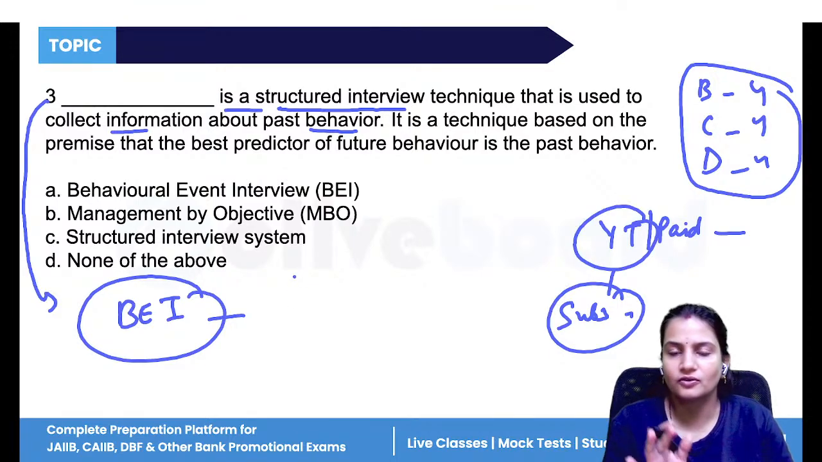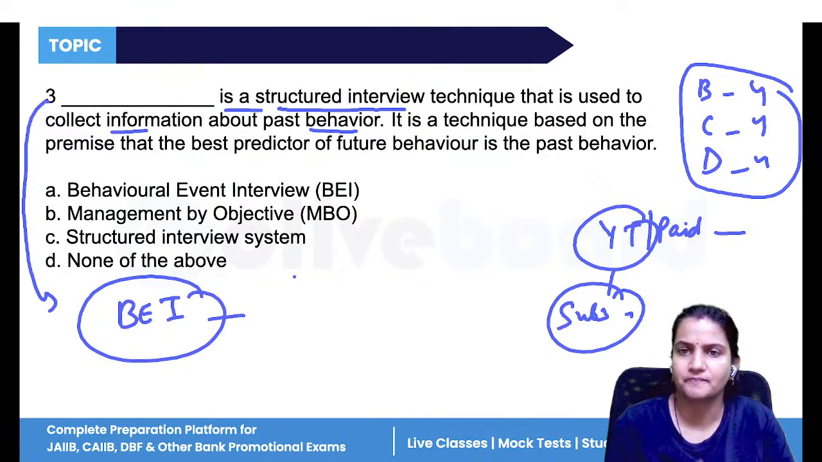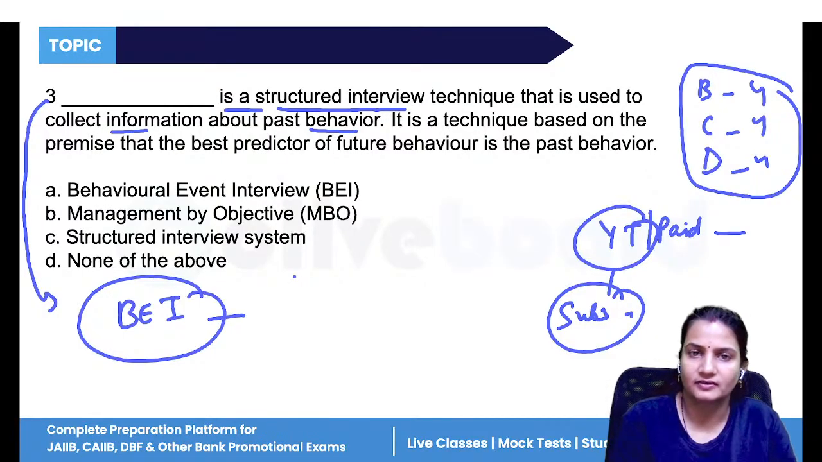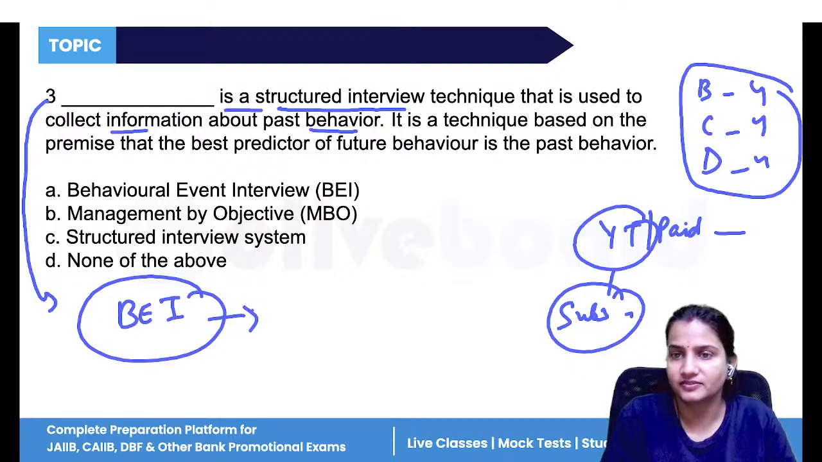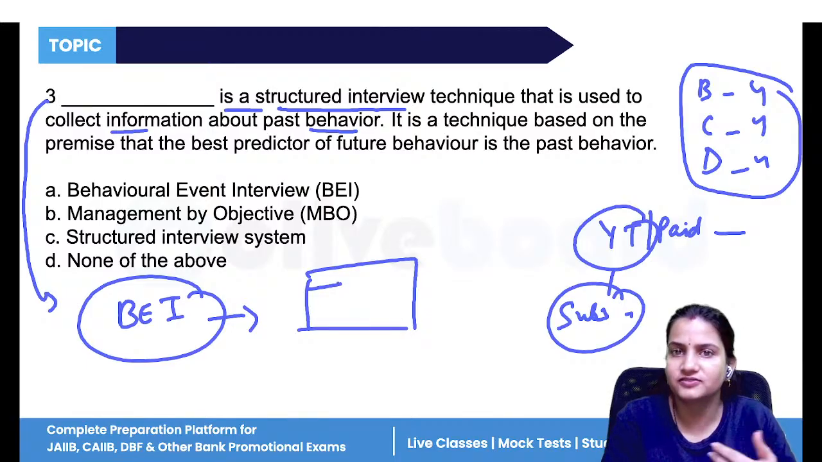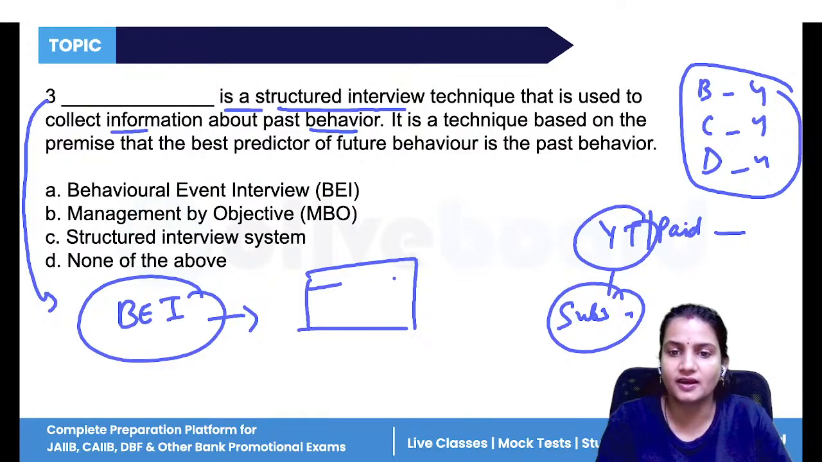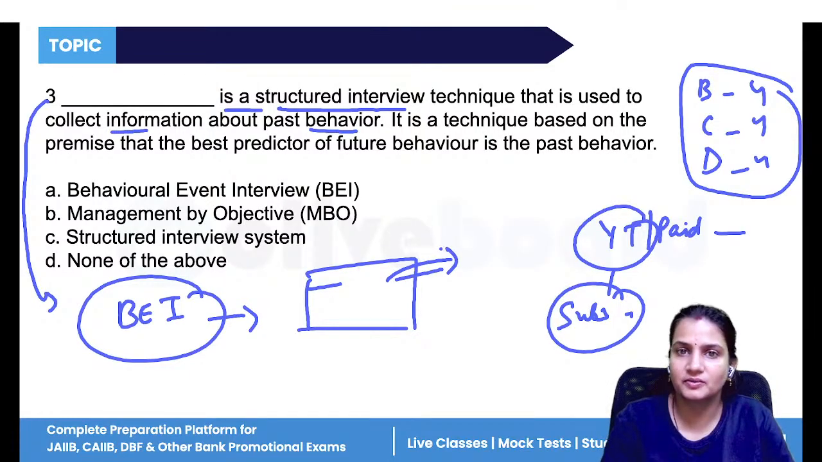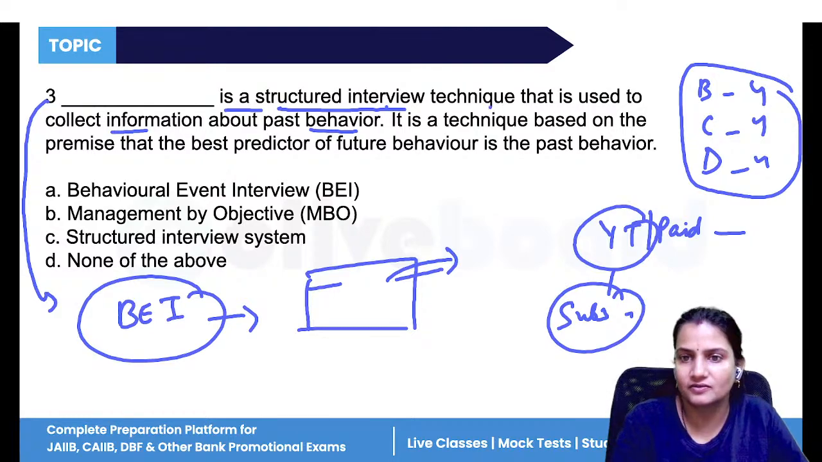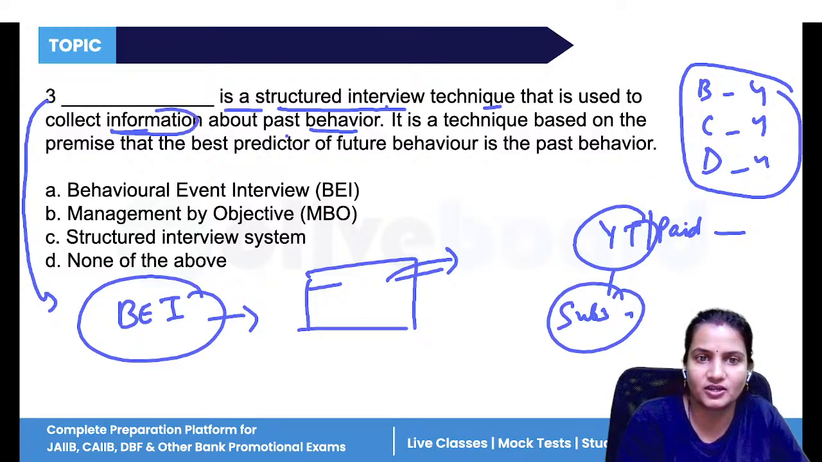Now the interviewer is not going to ask you general questions, like what you have done in the previous company, what was the salary, what you are expecting, what are your skills, what are your qualifications. No, the interviewer will ask whether you have faced any kind of problematic situation in your past company, and if yes, how you reacted over there, to check your skills, your mental capability, your emotional capability. So the behavioral event interview is a structured interview technique used to collect information about the past behavior of the candidate